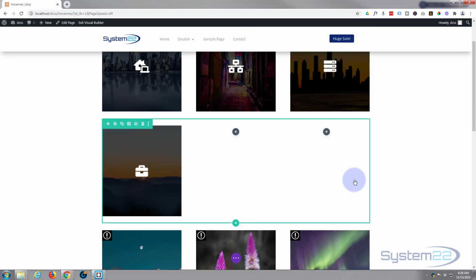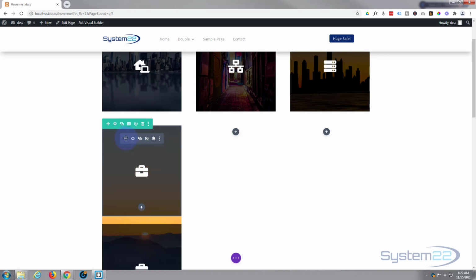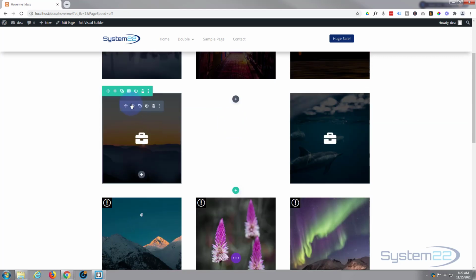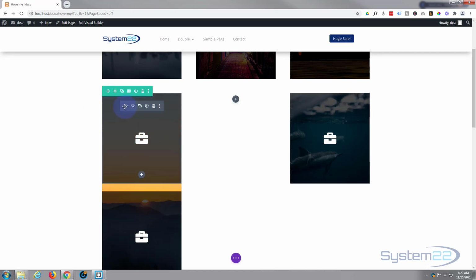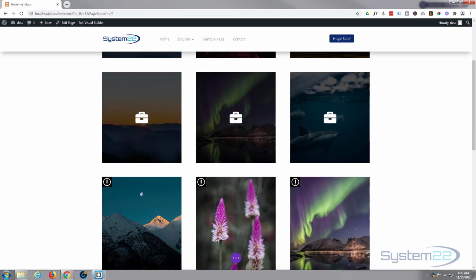And while we're here, let's just duplicate this now, because we've put images in these 2 columns here. So if I duplicate our little icon module here with the little square, we can move over, pop it where you want it. We'll duplicate it one more time. As you can see, that's revealed the little dolphin picture behind. Drag this one to the middle. And as you can see, that's revealed that sort of aurora picture behind,